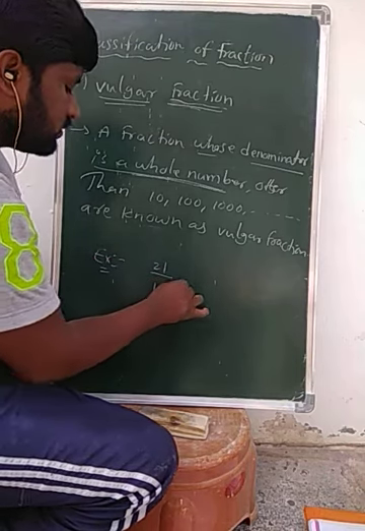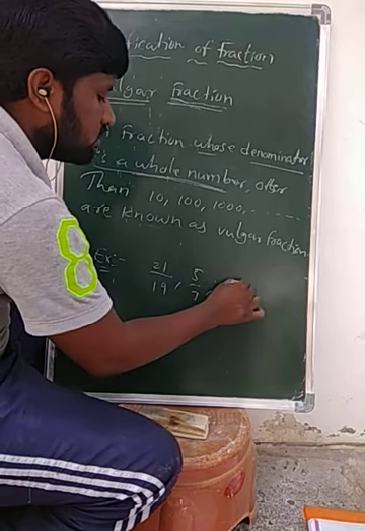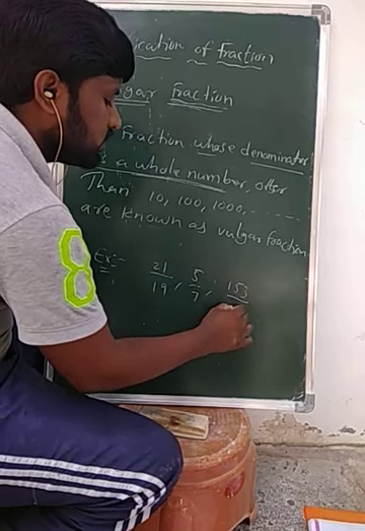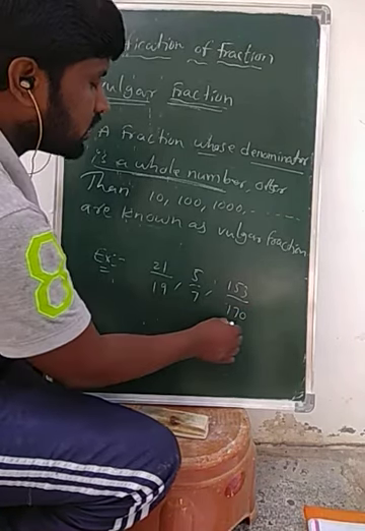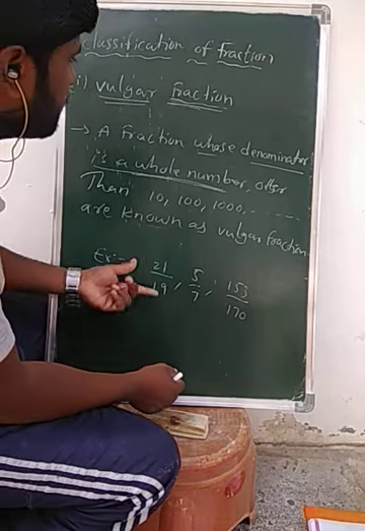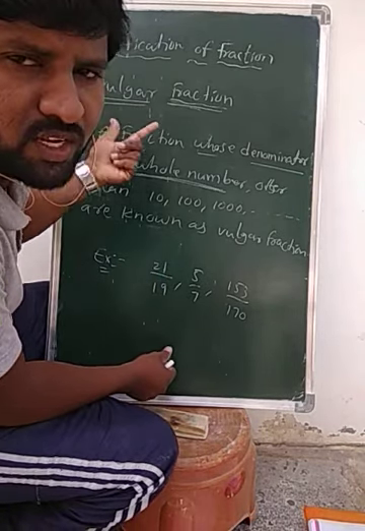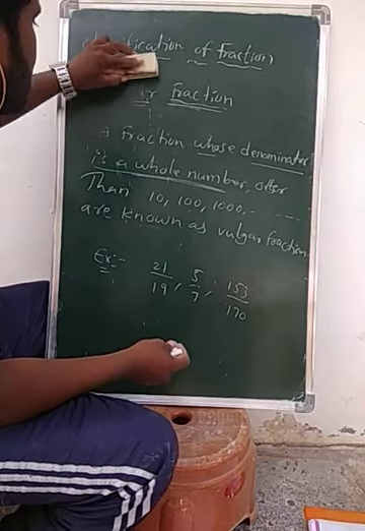21 by 19, 5 by 7, 153 by 170. Clearly the denominators are not a power of 10. So these are the examples of a vulgar fraction. Okay, now the next one is